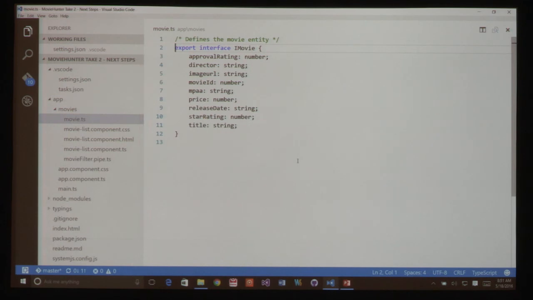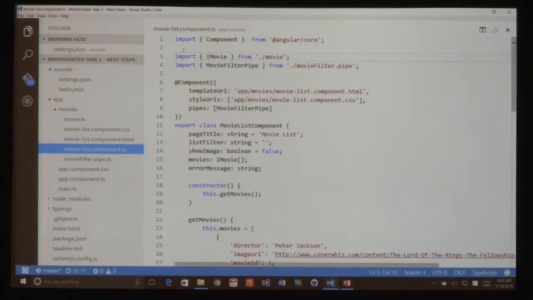And here's the definition for my interface. And again, it's using the TypeScript style types. So approval rating is a number, director is a string, and so on. And again, the release date coming in here is a string, so it's defined as a string there. So that's what this is pulling in. It's pulling in the definition of what a movie looks like.